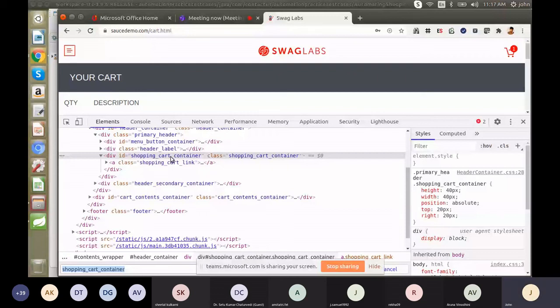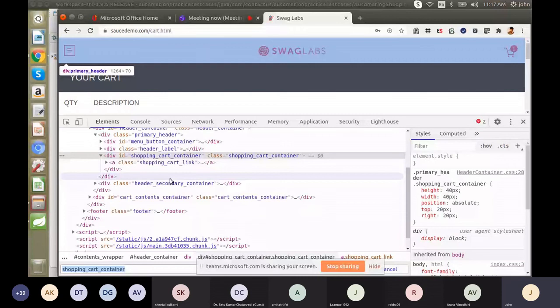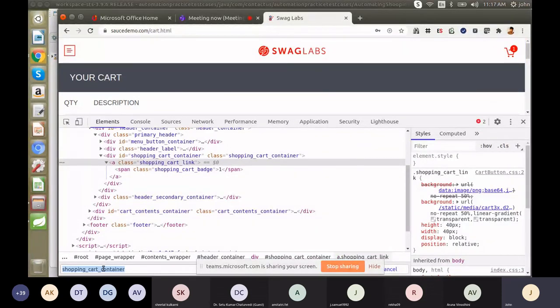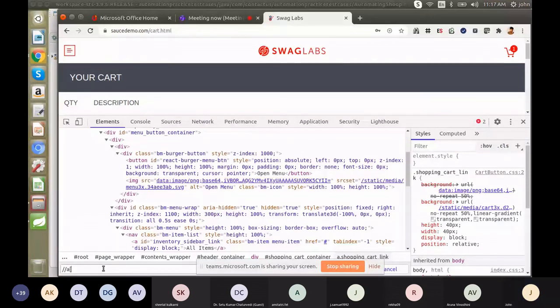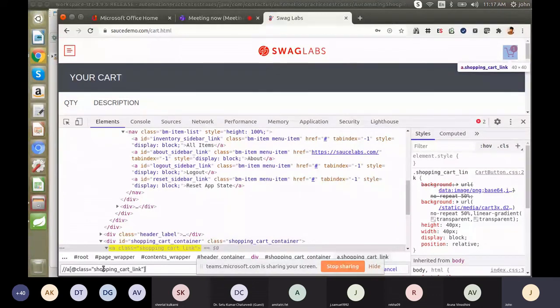So slash slash, open the anchor tag, same thing, you have to put the class. And now it is fine, so you can copy this XPath.